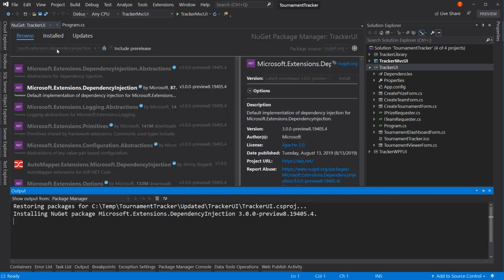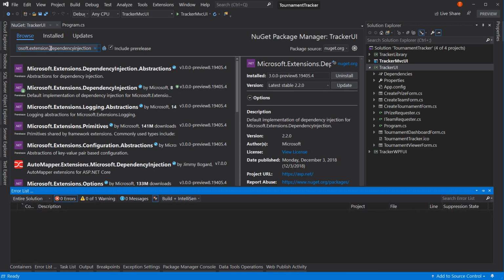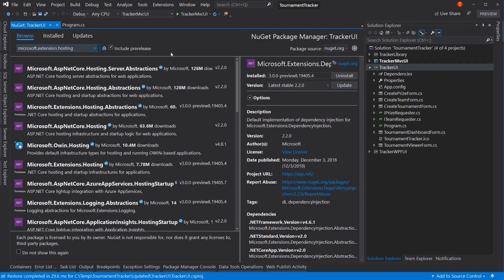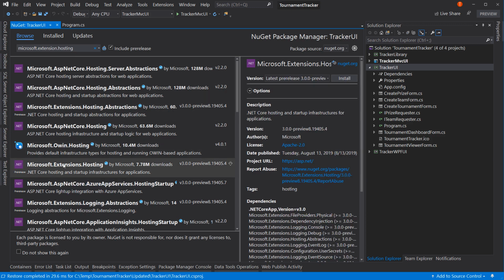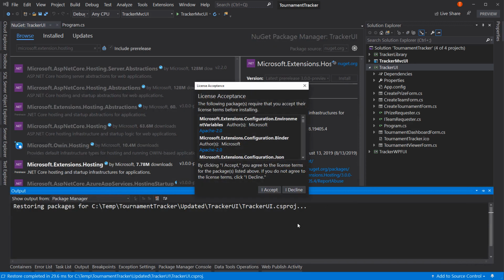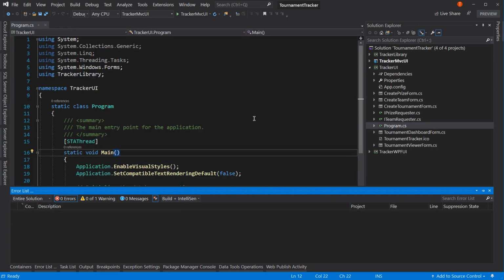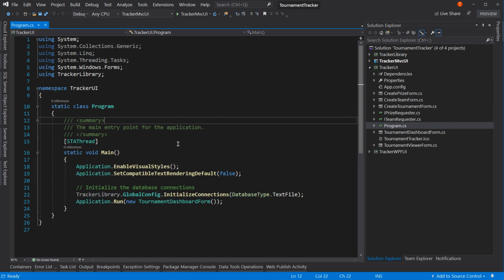The one more we want to add is for hosting. Microsoft.Extensions.Hosting. It's actually way down the list here, which is confusing because I would think it'd be at the top, especially above Microsoft.Owin.Hosting, which is something different. So Microsoft.Extensions.Hosting, install that as well. And that should set us up to start working over here in our